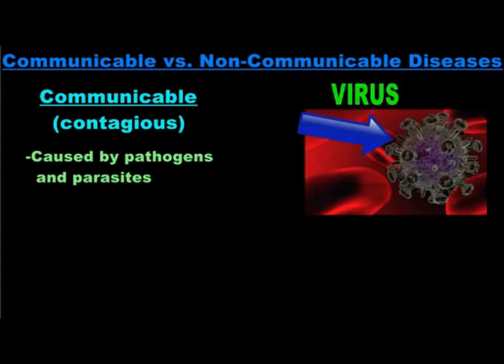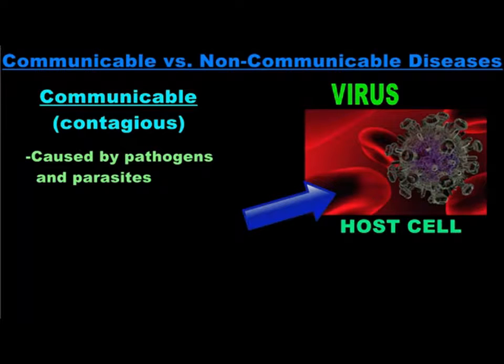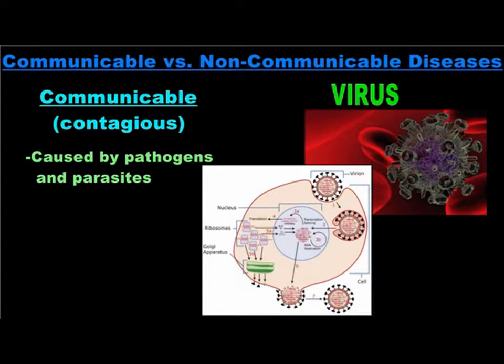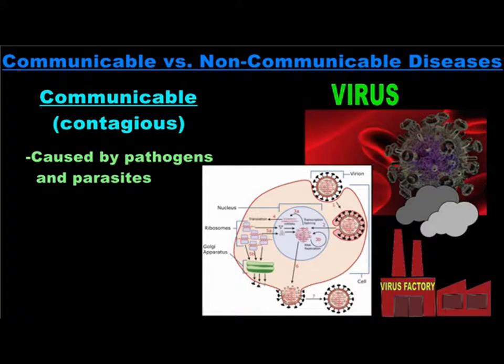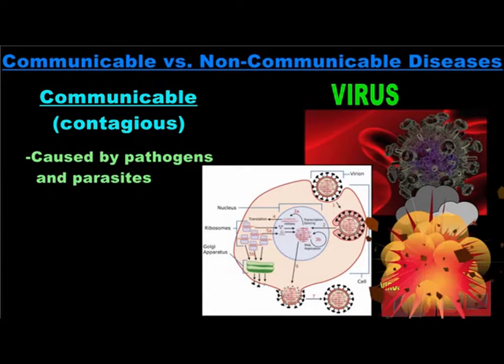Viruses are not considered living things, but they do need living cells to reproduce. These living cells are called host cells. A viral infection begins when a virus particle invades a cell. The virus then hijacks the host's cellular machinery to produce new virus particles. The host cell essentially becomes a virus factory that is ultimately destroyed by the virus as it multiplies.